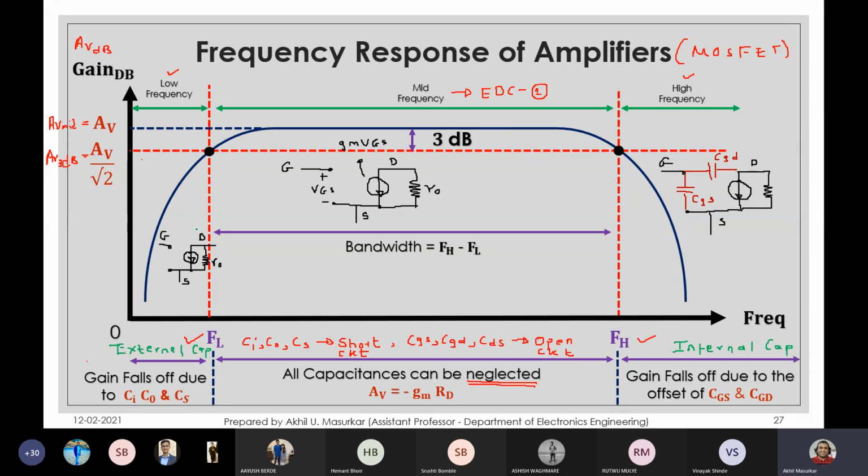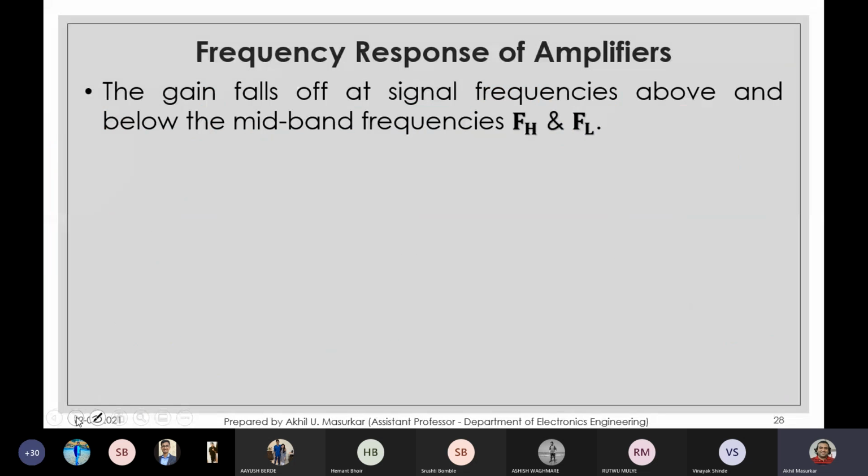No need to draw these models because anyways we are going to draw them many times today. So today you have to draw lots of circuits. Keep some red, blue and black pen ready with you. Okay. Let's go to the next thing.